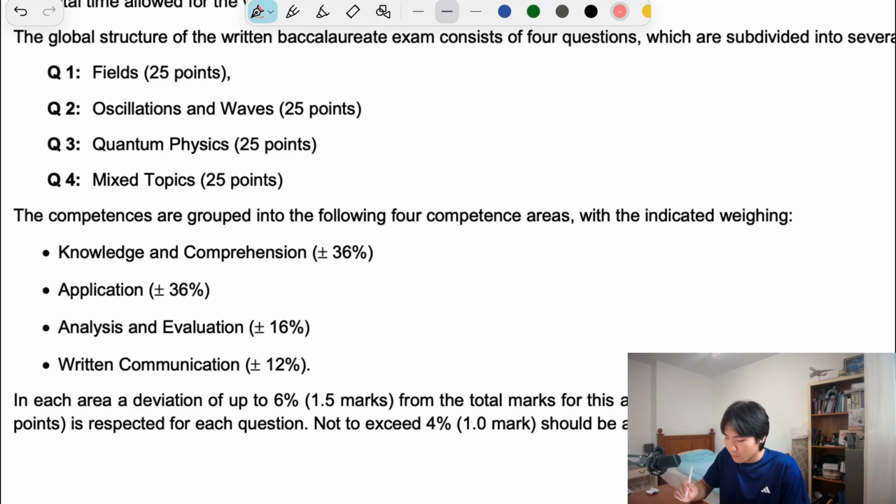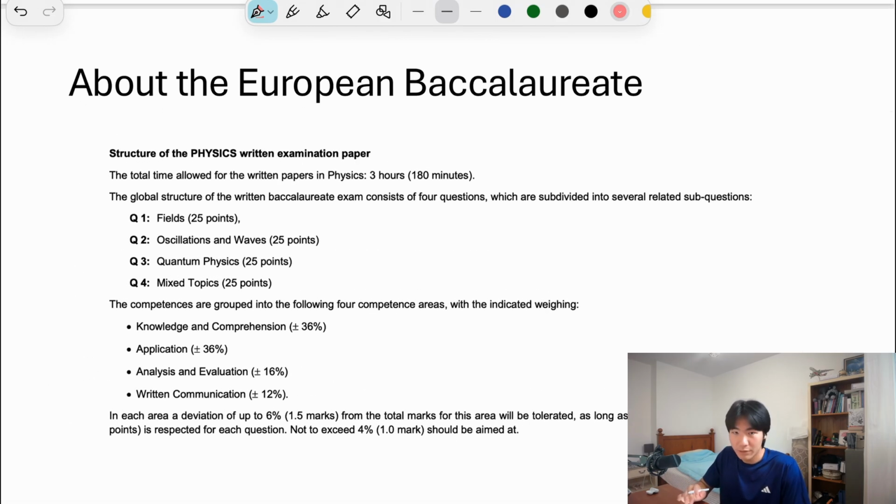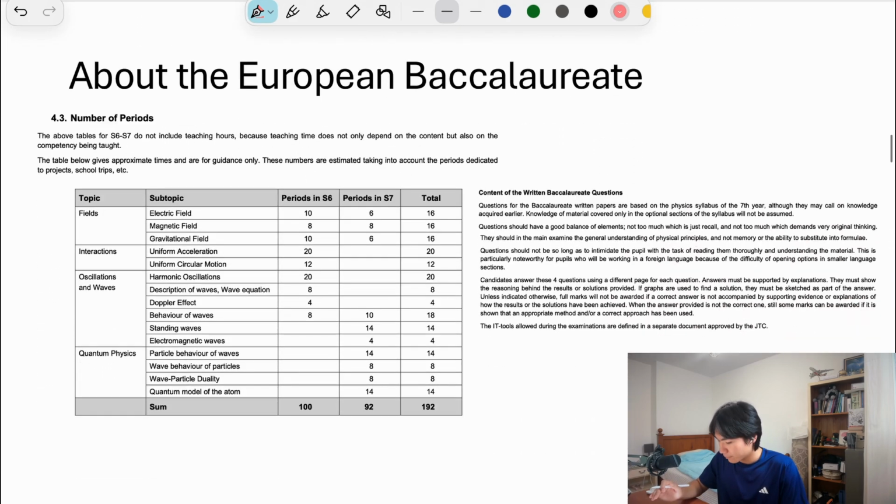So we will focus on each of these later, right? And I think it's quite useful to know in general what the grading criteria are for any type of exam. So, okay,